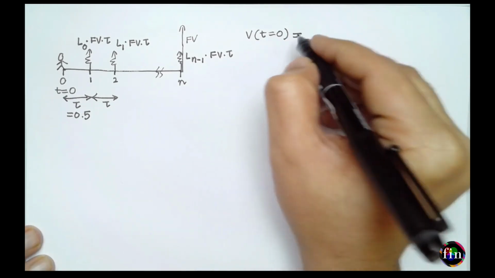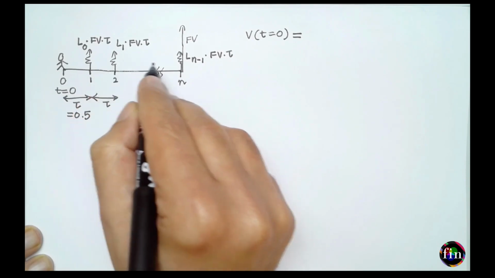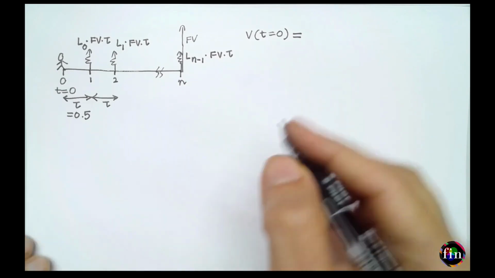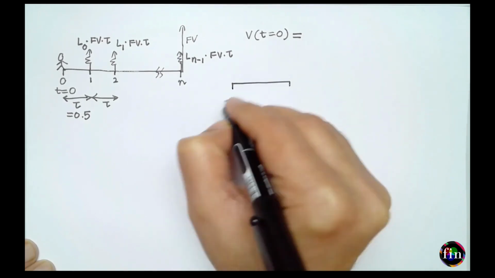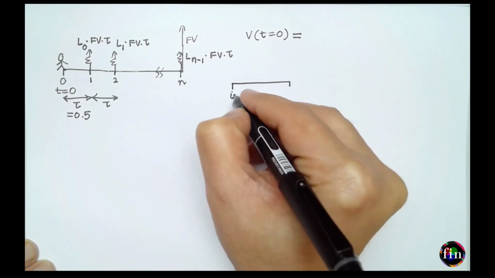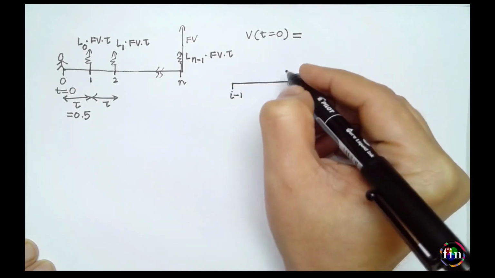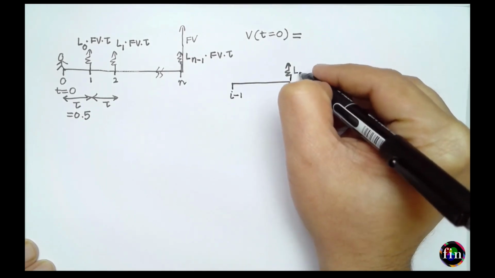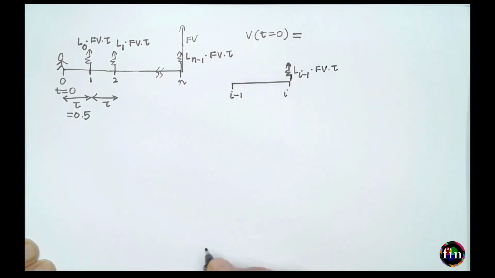Okay, so let's write down the value now. I'll plainly get an expected value of each of these cash flows, and I will discount all these cash flows to today. That's all I'll be doing. Let me do this for the ith period. Let me draw the diagram for the ith period. For the ith period, this is the date i minus 1, and this is i. And therefore, I would want to write down the cash flow here. This cash flow will be based on L(i-1), times the face value, times tau.